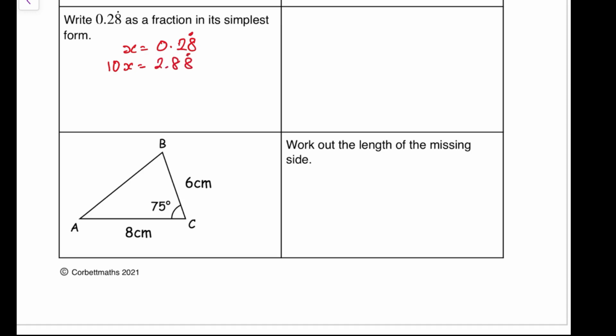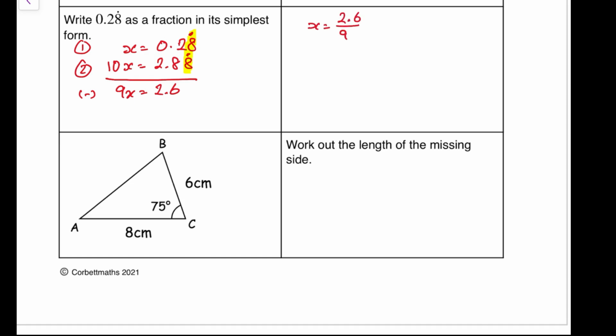And the reason I've written it like that is because my 8 recurring will then cancel out when I take these numbers away. So in other words, 8, 8, 8, 8, 8, 8 will take away 8, 8, 8 will disappear. So I'm going to do equation 2 minus equation 1. Always a good idea to say what you're doing. So that's going to give me 9x. Now 2.8 minus 0.2 is 2.6, which means that x is equal to